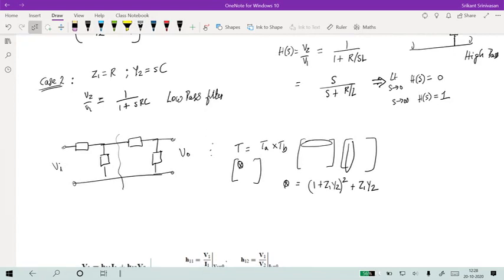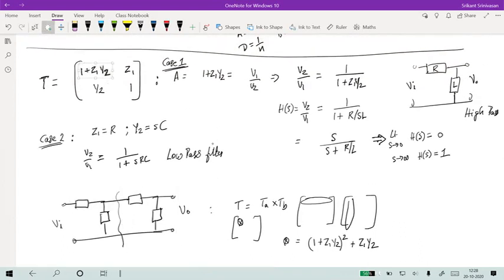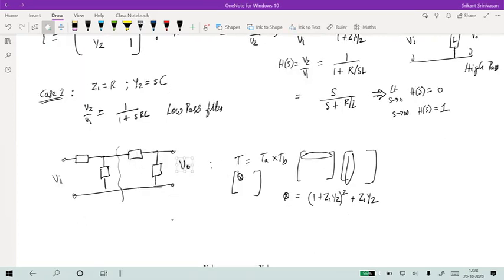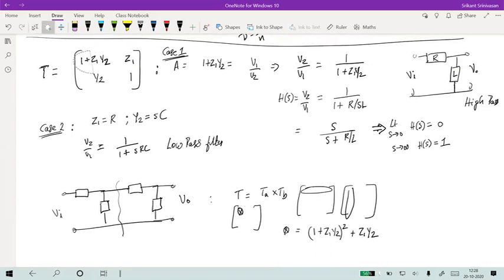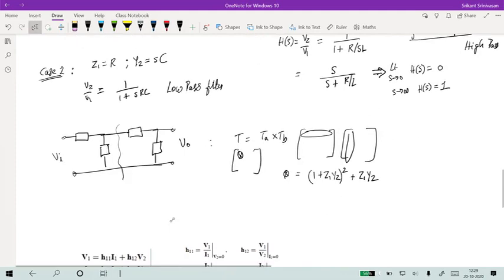So if I have complicated networks like this, where there are many elements, then if I know the simple formula for the transmission matrix of one single network, which looks like this with one series and one parallel element, I can keep adding more and more of these. And I just have to keep multiplying the transmission matrices. If I want the voltage transfer ratio, I just need this corner element, right? Because the value of A is the voltage transfer ratio. So that way I can quickly determine the behavior of the network for the different transfer functions.